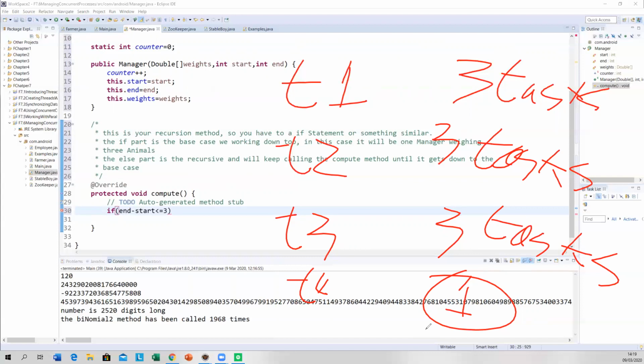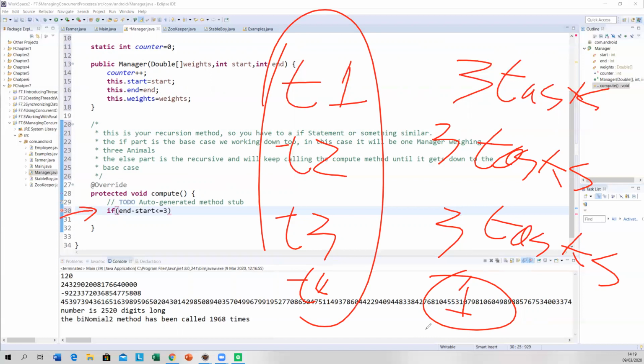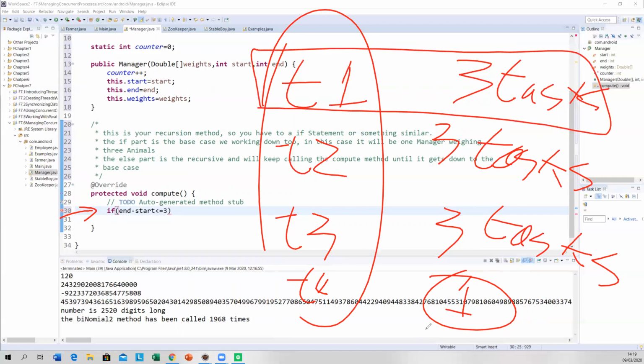Now, the else part is going to be doing the recursive stuff. This is going to be if we have at most 3 tasks for an individual thread. If we have 3 weights.